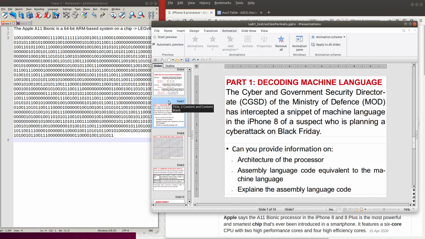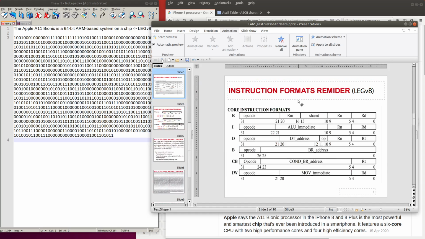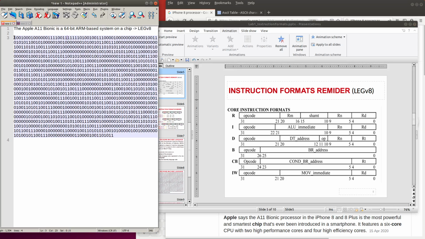If you look into this reminder or into the LEGv8 documents, you can see all the instructions, regardless of their format, have 32 bits numbered from 0 to 31, so all instructions will be 32 bits. You have to cut this binary sequence into a number of 32-bit pieces. So here I will try to cut it.